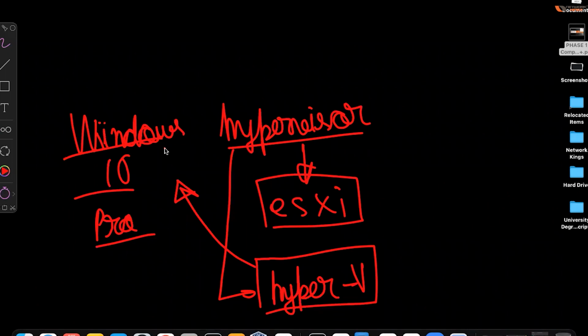So आप लोगों ने Active Directory के बारे में सुना होगा. Microsoft Server 2019. Yes or no? Have you guys heard of Microsoft Server 2019? Yes. So how can you create a lab? How can you create a lab for Microsoft Server 2019? How can you set up a small Active Directory for your practice?